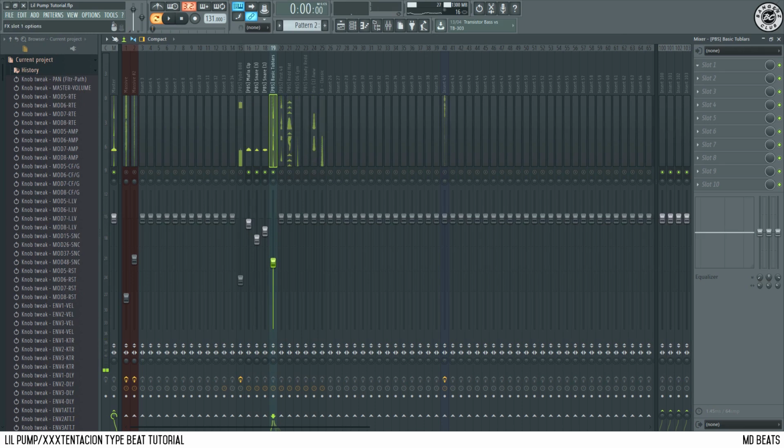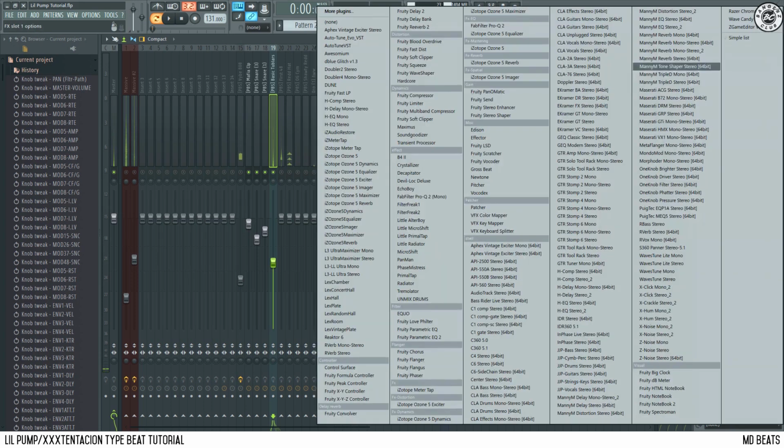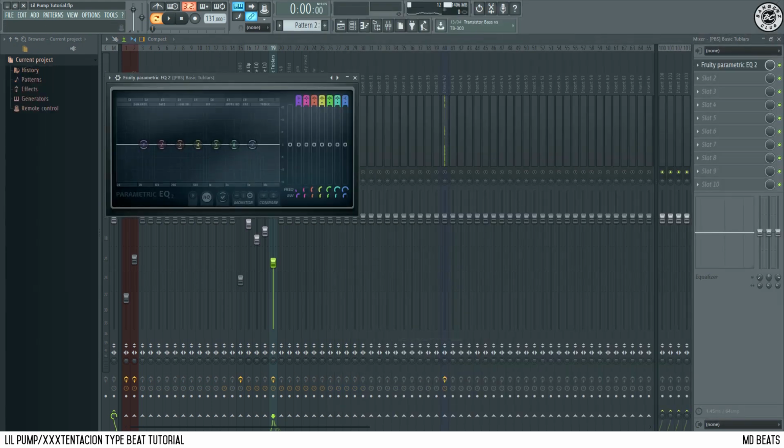What I'm gonna do for the tubulars, I'm not gonna EQ the claps and snares because it is a Lil Pump type beat, it's supposed to be messy, so I'm just gonna leave it as is. Now for the bells,